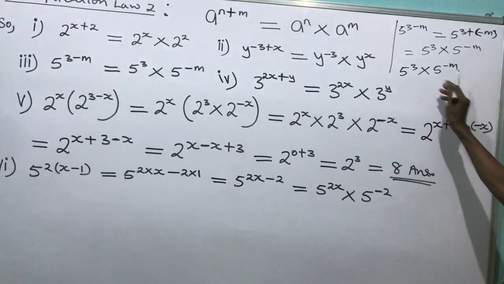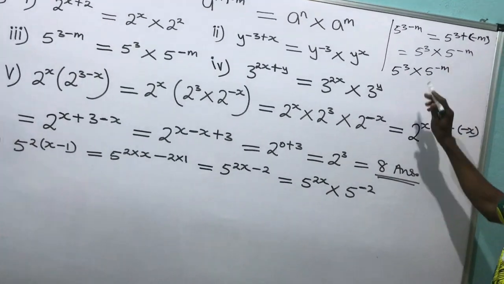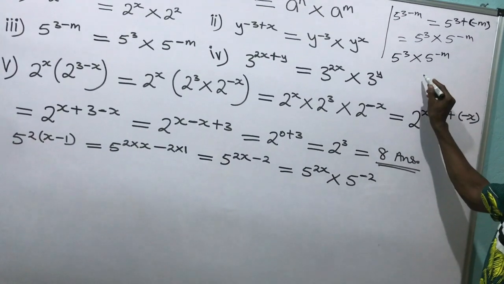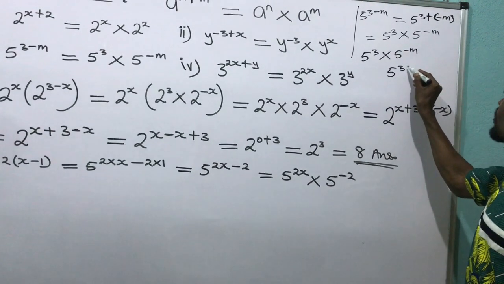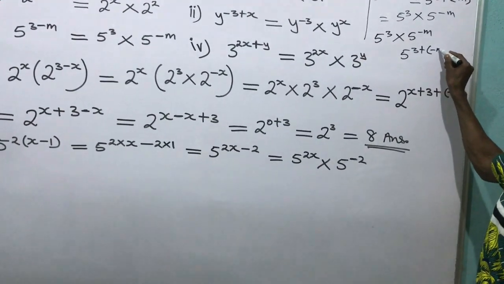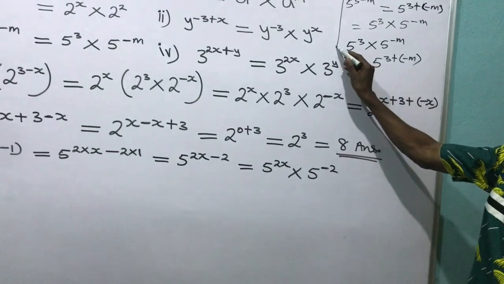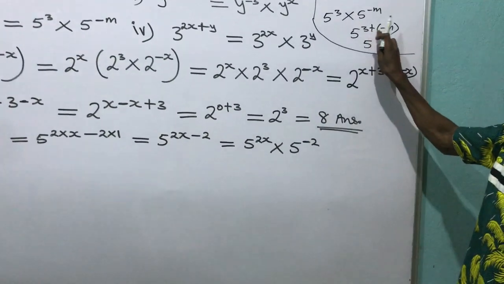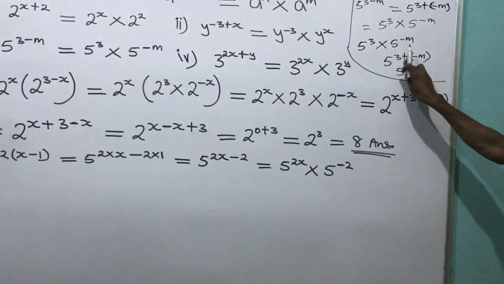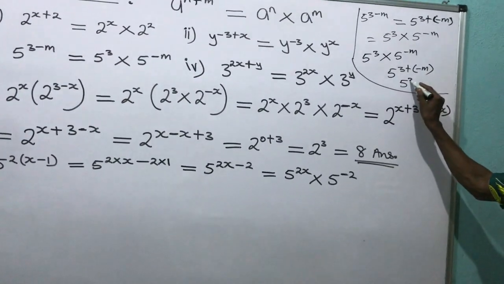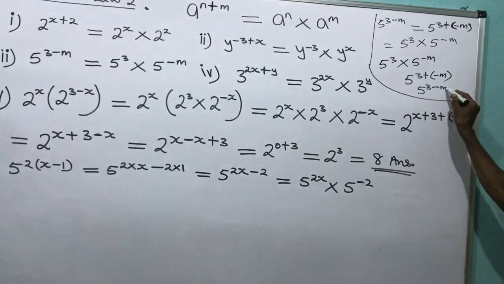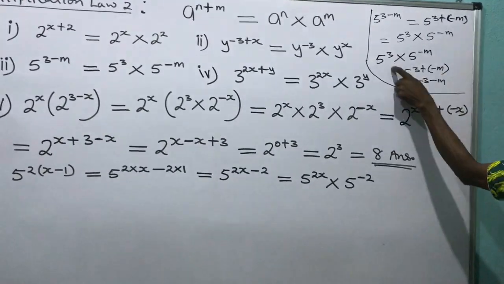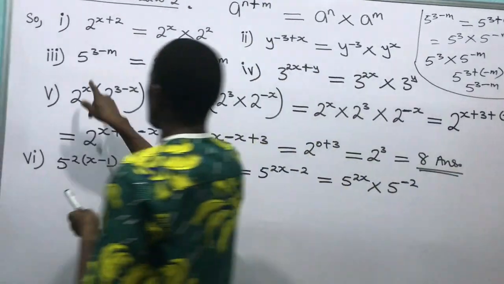And when you want to write this back, you have 5 raised to the power 3 times 5 raised to the power minus m. They are of the same base and they add their power. They are multiplying themselves. We say 5 raised to the power 3 plus, which is constant, minus m. Have you seen it? Plus times minus will give me minus. I have 5 raised to the power 3 minus m. Have you seen it? That this can be written this way. We now say that 5 raised to the power